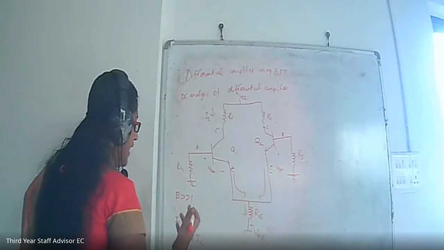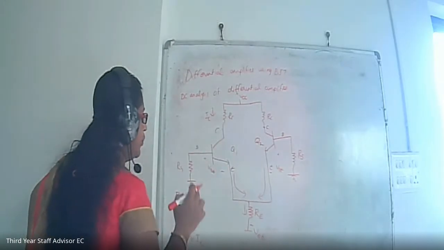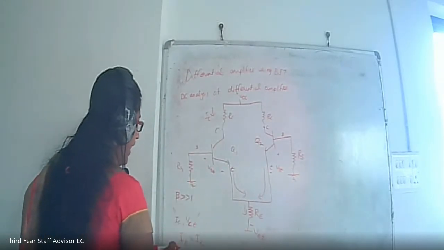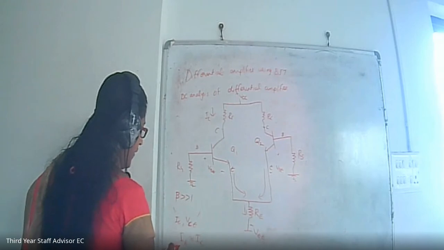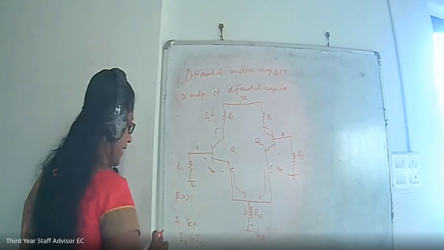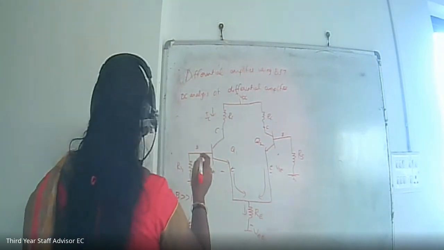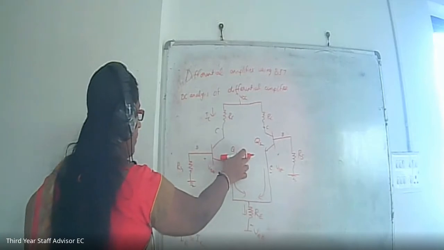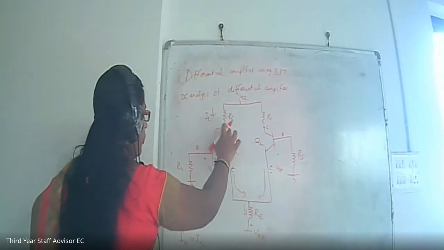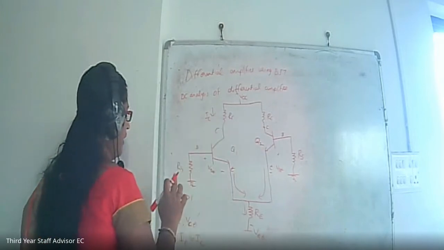If the current gain is more than unity, and if the two transistors Q1 and Q2 are ideal, then we can directly write from the characteristics that emitter current is approximately equal to collector current. You know that in this differential amplifier, we will be taking the output from the collector, in between the two collectors.